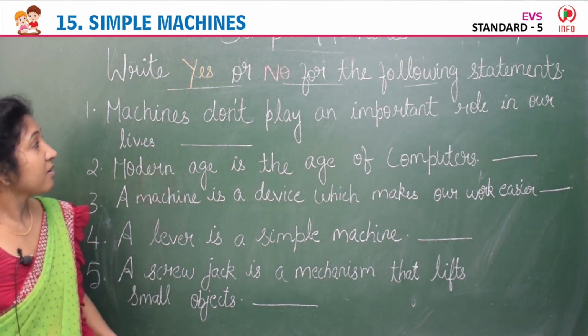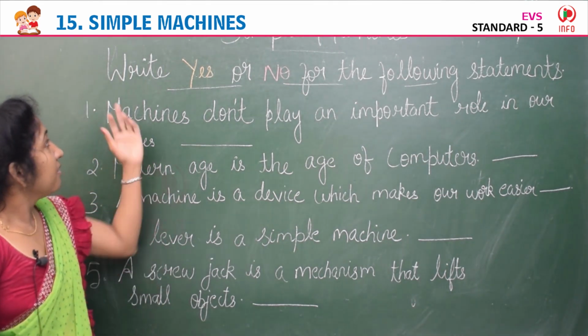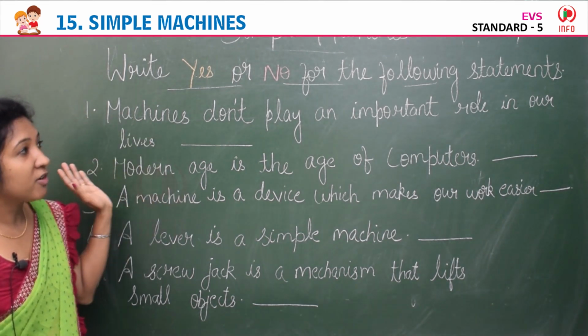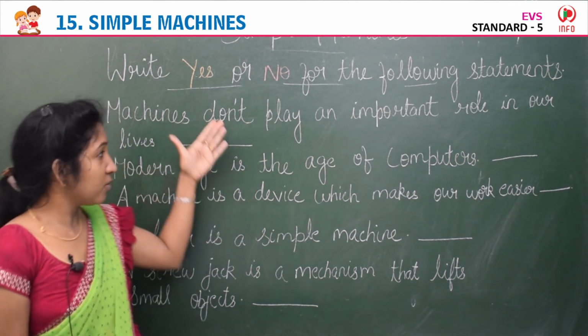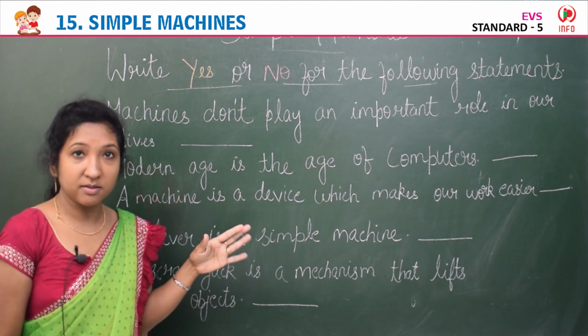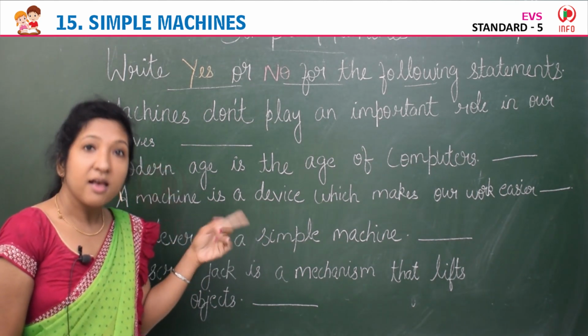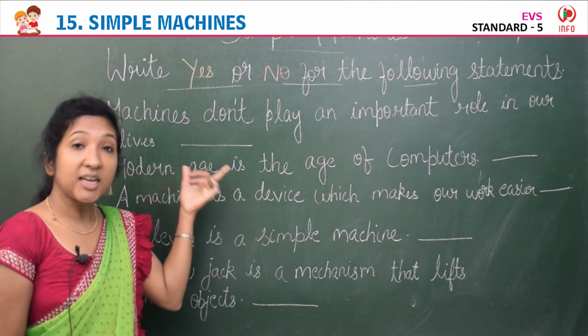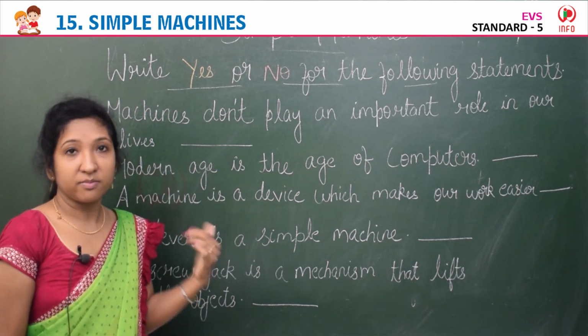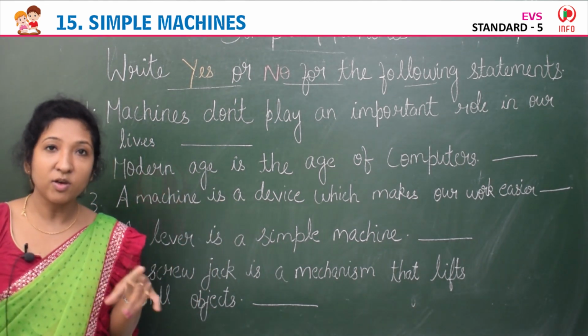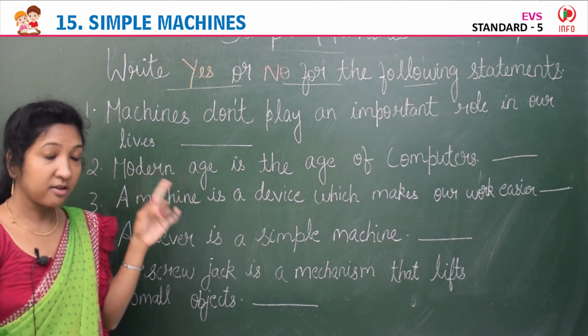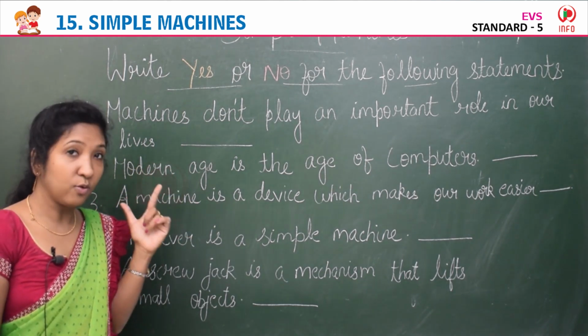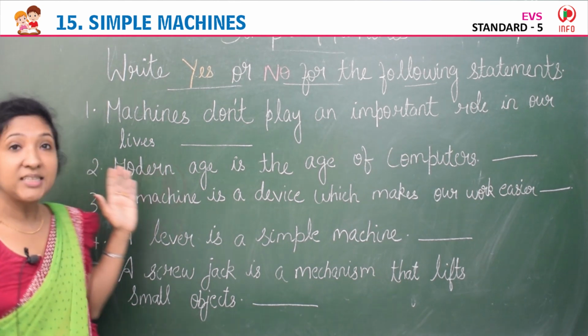Okay children, coming to the next exercise, write yes or no for the following statements. So given are some statements. You have to read the statement and tell whether the statement is right or wrong. If it is right, you have to write yes. If it is wrong, you have to write no. So the first statement is